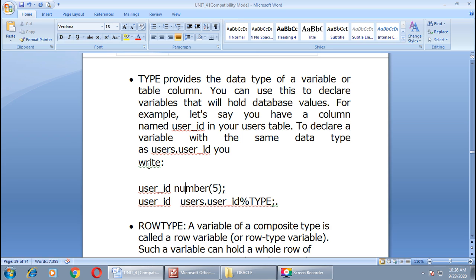Here I don't know the data type of this field and I want to assign the same data type, whatever data type is assigned to this column, to this variable. So for that we can use the %TYPE keyword like this. Okay, I repeat,